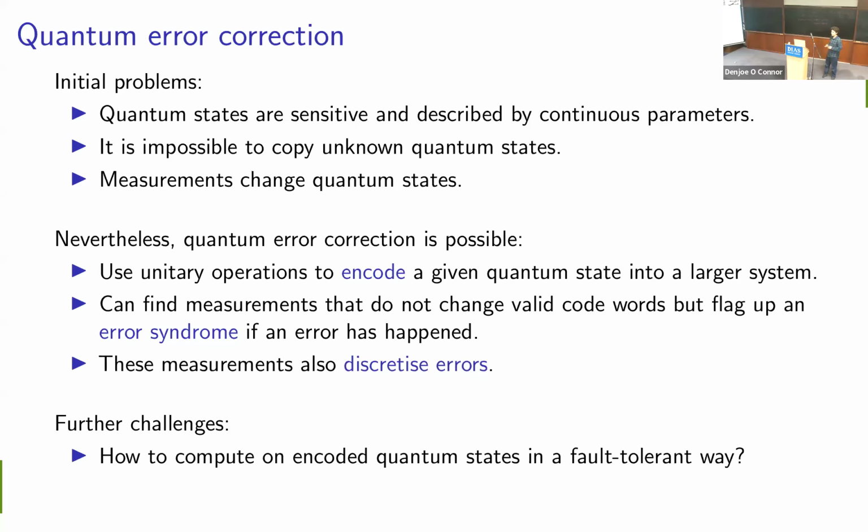Because once we've done this encoding, this isn't all of our job done, right? We're not using this encoding just to store data, to leave it sitting there idle by itself, but we need to be able to do computation on this encoded data in a way that isn't going to take one error that's happened somewhere and spread it to lots of different places. Because if one error in one location turns into errors in many locations, then our assumption that it's unlikely that we have more than one error at the same time is no longer true, and then our whole error correction process breaks down.